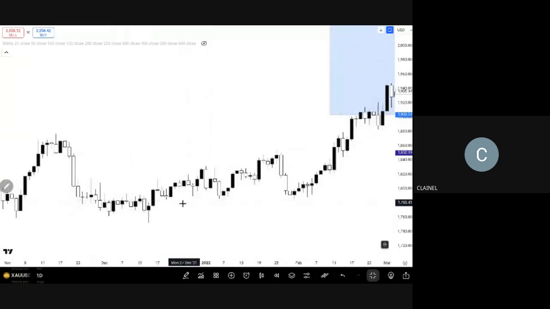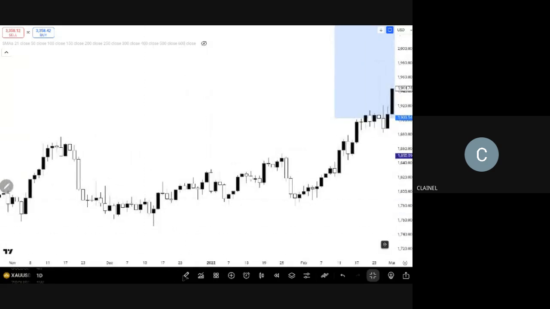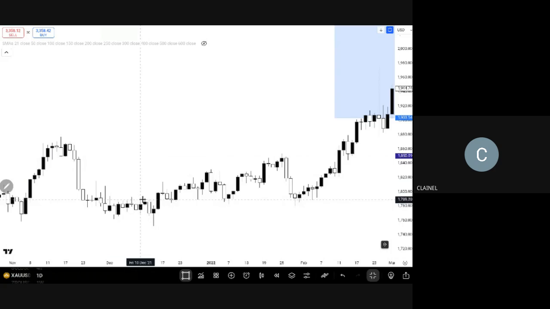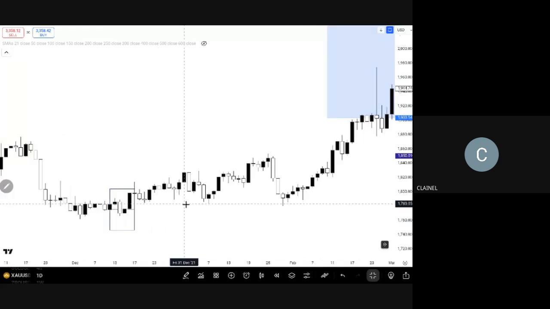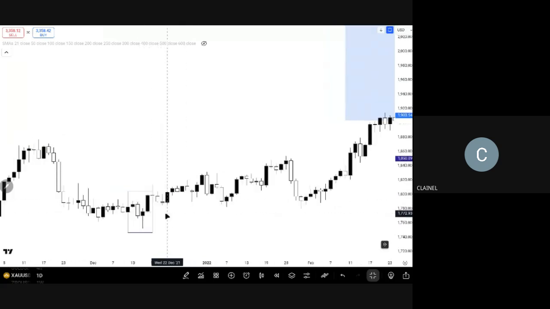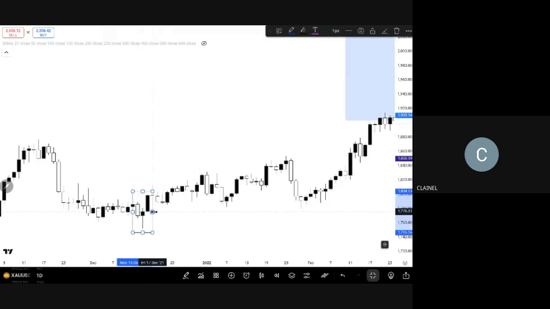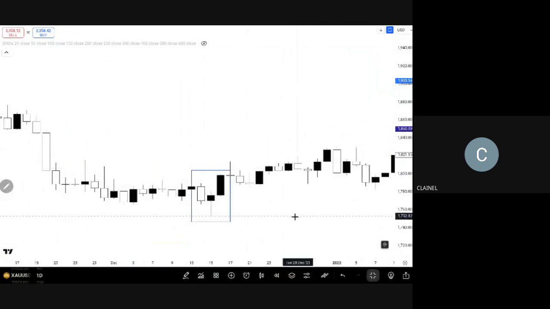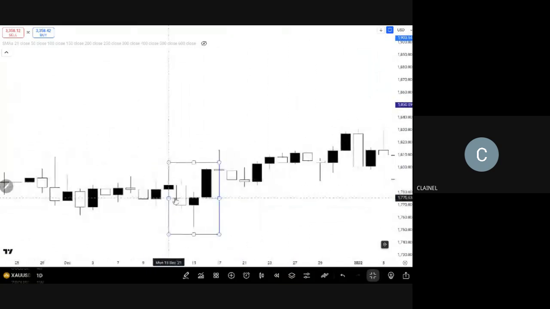I want you to look at this right here. This is your hammer or your pin bar candlestick. Let's put that right in there. So this place right here, you have your hammer or your pin bar candlestick, and we also have your morning star candlestick. Sorry, let me zoom in properly. If you can see in this candlestick, there's a confluence actually. You have your hammer